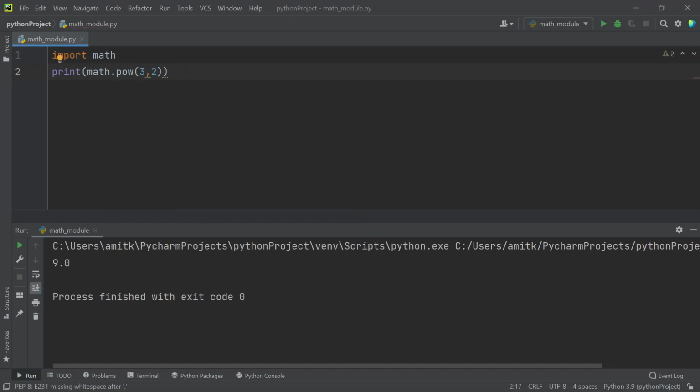Let's use the fmod method. This method returns the remainder when the first number is divided by the second number. So when 5 is divided by 2, this will give us 1.0 as the remainder. The math module eases our task by offering methods like fsum and prod, which can be applied on iterable data types. So in this example, you can see I have given a list as an argument. This method returns the sum of all the elements of the list. We can also send a tuple.